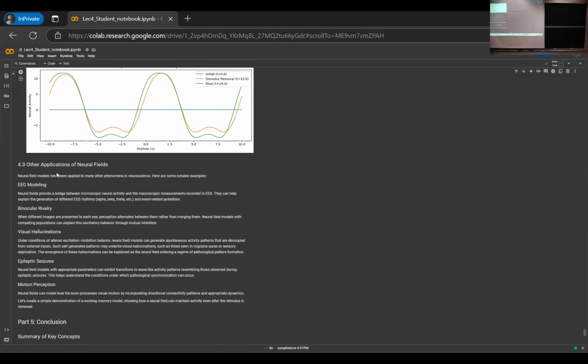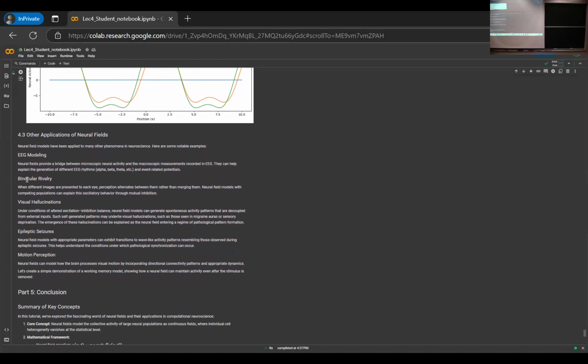There are other applications of neural fields for EEG modeling. You can think of it as a field over your scalp or your brain. Binocular rivalry, which John talked about: the activation of one eye would inhibit the other eye, similar to the boundary regions in the kernel that